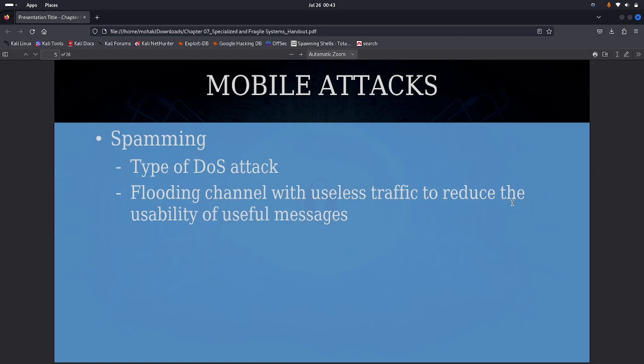Spamming means a DOS attack, it's also similar. If you are sending a lot of messages or doing a lot of things, the entire system is going to hang. Okay,